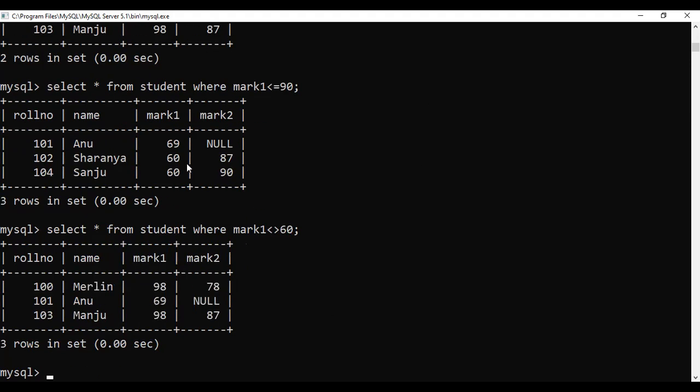Okay, so enter, you can see which is not equal to 60, you can skip. In your question, you just keep it in mind: it is display all the details or display that particular column, that you have to keep it in mind.